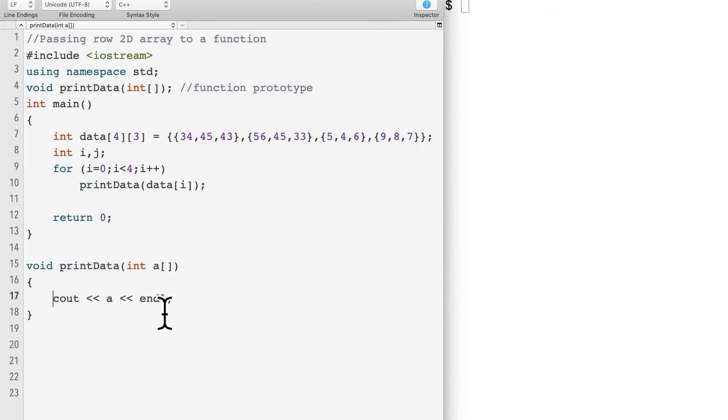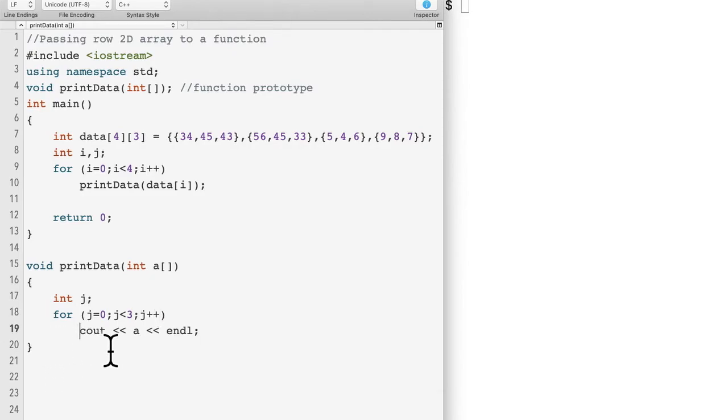Okay, so now this function will receive an array. So to print this array element, we need to use a for loop. So I will declare one variable, j for example. Then for j equal to 0, the number of column in this array is 3, so maximum for looping is 3, and j plus plus.